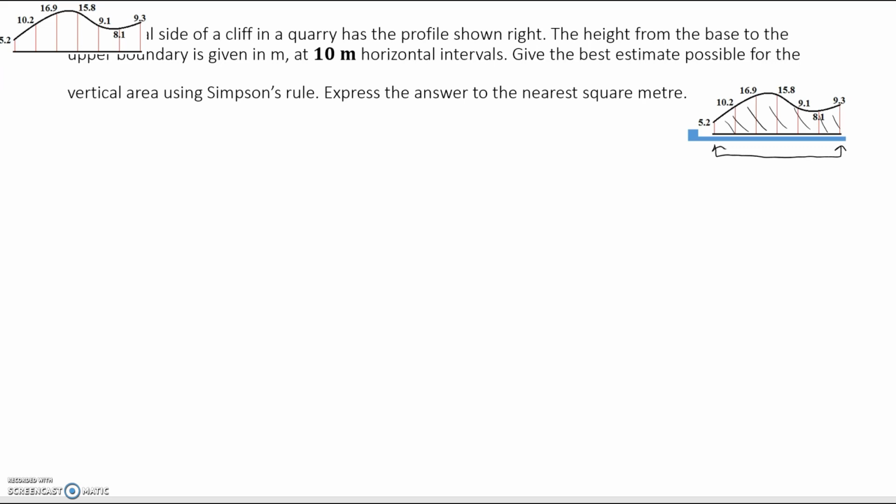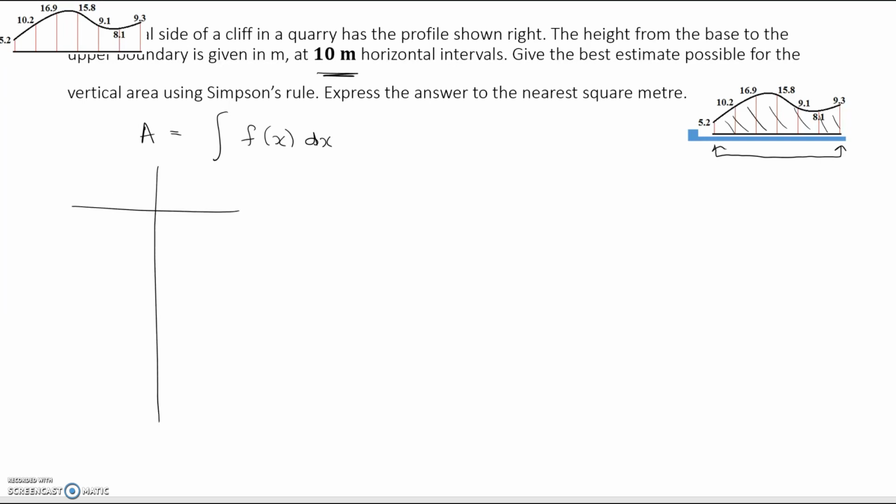and there. Now you know that the area you can find using the formula for integration, and it's just the area is the integral of the function. But in this case there is no function, and that's the whole point of using Simpson's rule, is that we can then approximate the area. Now you've been told that the gap between the readings is 10, so you can set up a table of